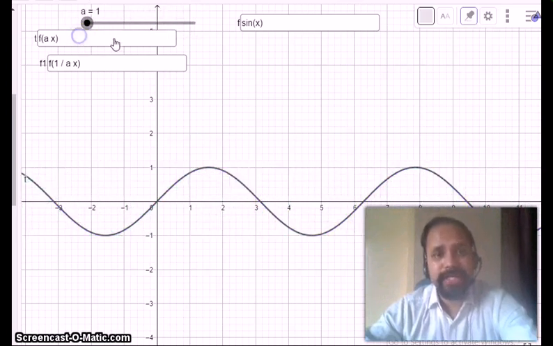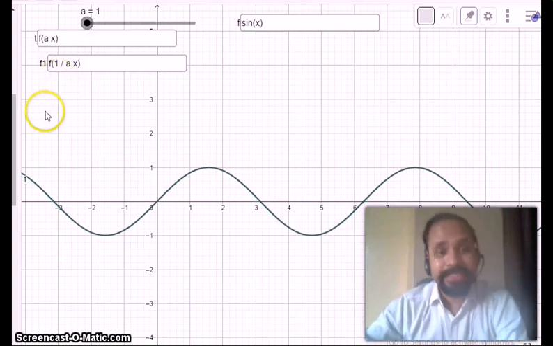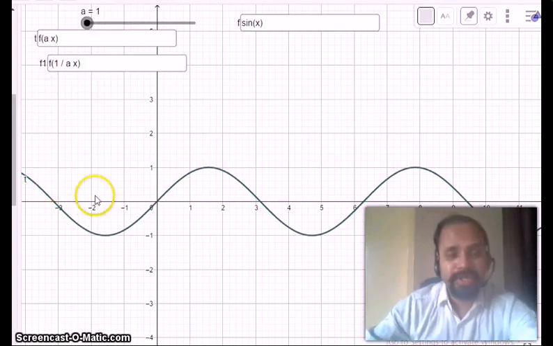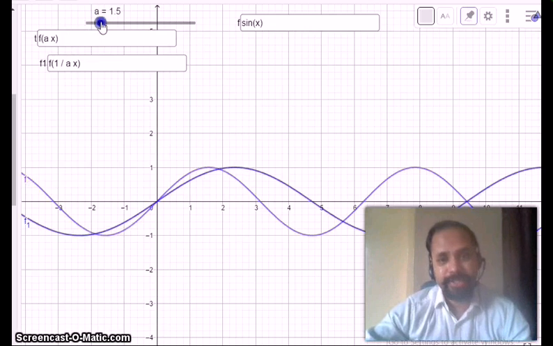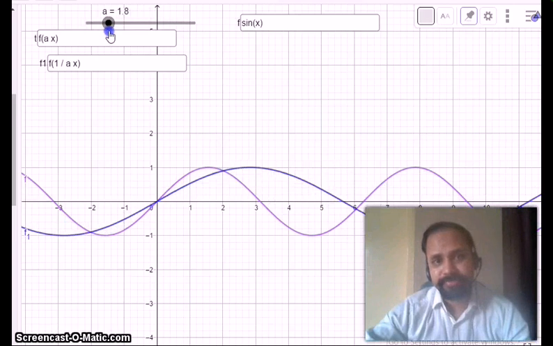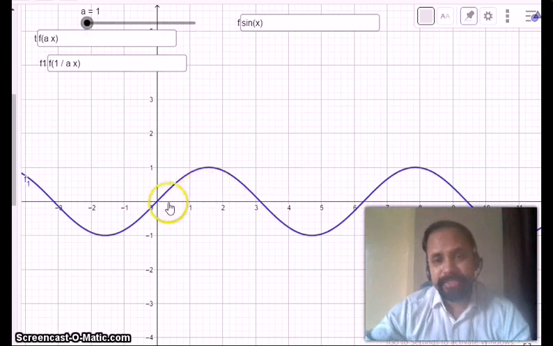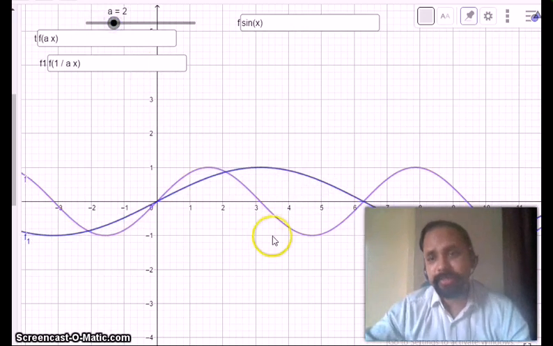Okay. So if we multiply by A in x, that is f of x to f of ax, this graph shrinks A units along the x axis. And what will happen if we divide by A? That means if we divide by A, then this graph expands along the x axis. Okay, please see, this graph expands along the x axis. Please see here, if sin is 0 to 3.14, that is pi, then if we have 2, it comes to 2 pi.